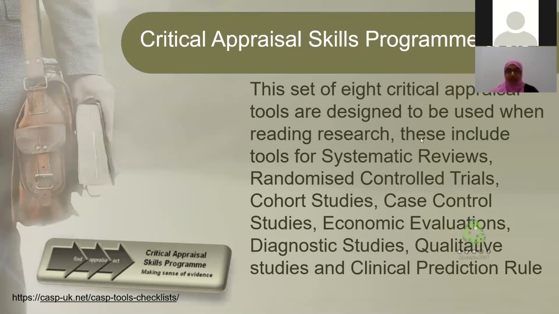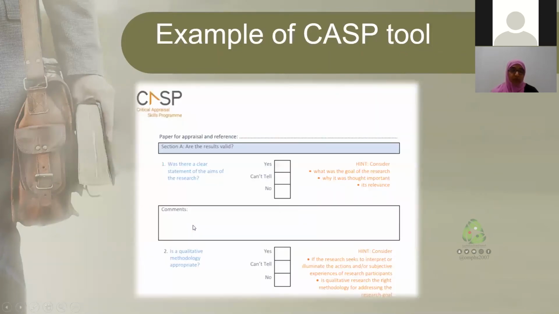Critical Appraisal Skills Program tool, which is the CASP tool. This is a set of 8 critical appraisal tools. They're designed to be used when reading research. These include tools for systematic reviews, randomized control trials, cohort studies, case control studies, economic evaluations, diagnostic studies, qualitative studies, and clinical prediction rules. So this is an example, but let us